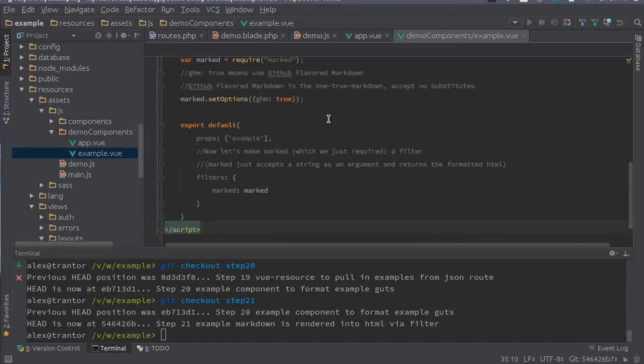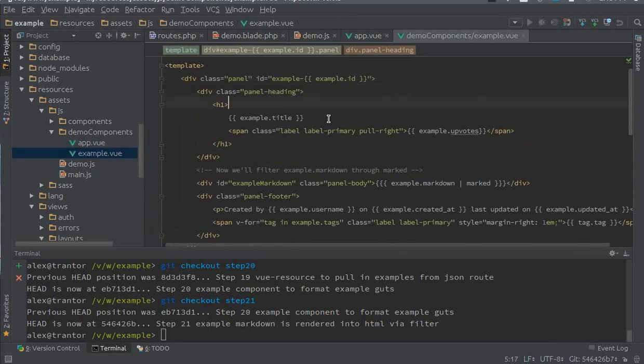All I added down here was this filters property, and this is just saying, hey, I've defined some custom filters. Normally you might have something in here like remove first letter, and then you pass a function in and snip off the first letter. But marked just takes a string and returns a string. So all you have to do is stick marked in there, and it's going to pass the argument in and get HTML back out. So now we can use that filter called marked up in our